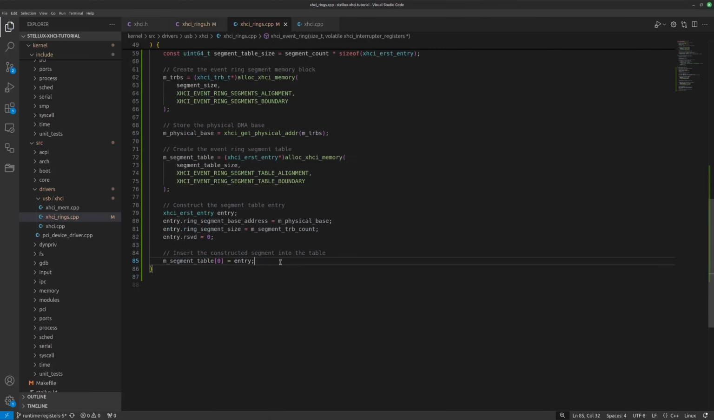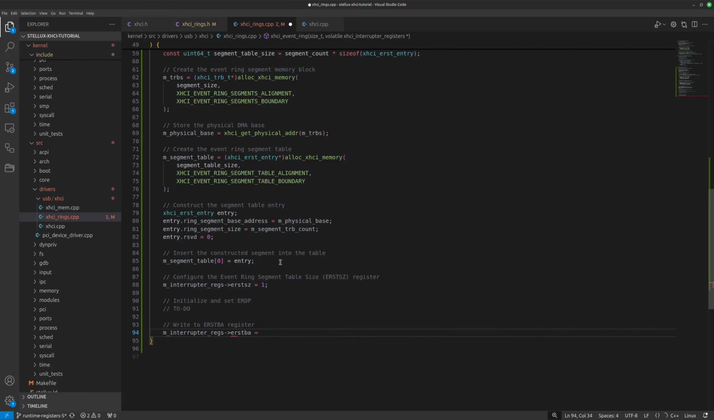At this point, we can finally use the passed-in interrupter register set to configure its registers. Please be careful at this step, as these registers have to be initialized in this specific order according to the official spec. First, we have to set the event ring segment table size register, and we can set it to 1 since we only have one segment. Then, we have to set the event ring DQ pointer register. Since we'll need to do it again later, we'll abstract it away into its own function in a minute. But after ERDP is written, we have to write the physical address of the event ring segment table into the